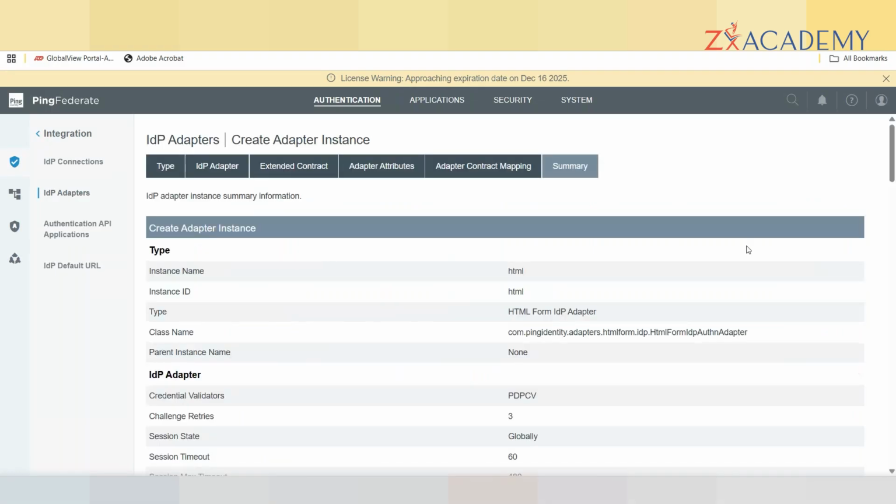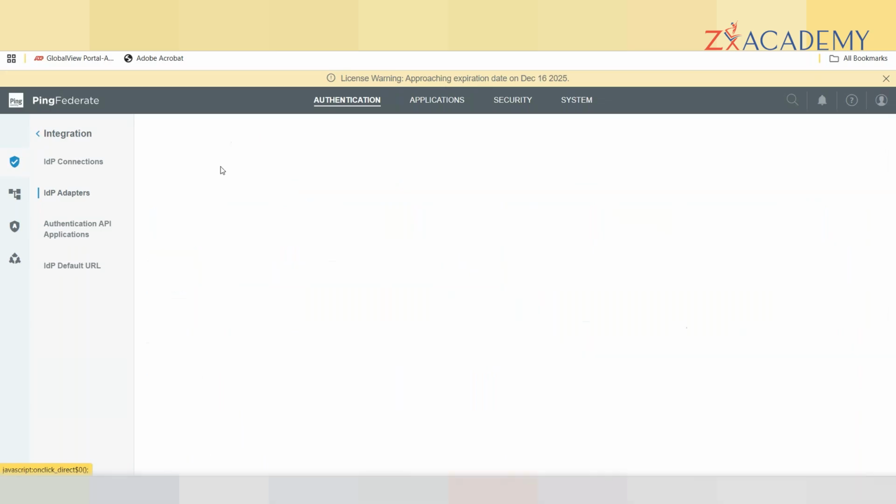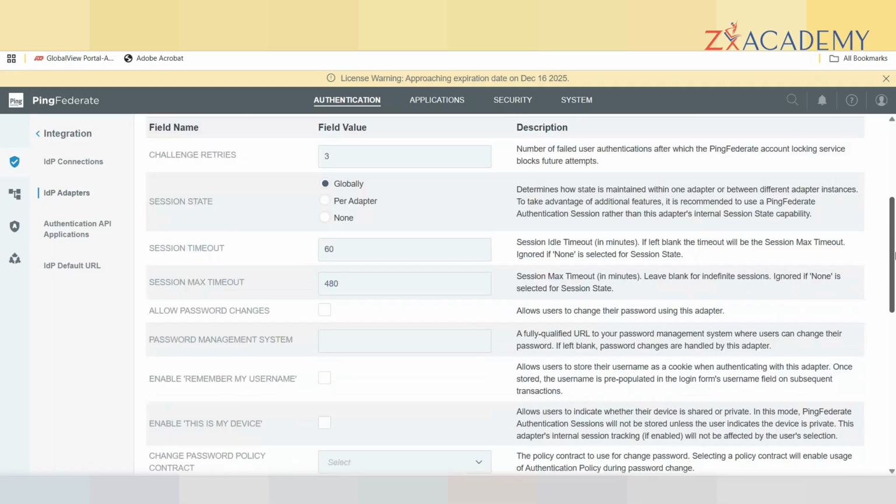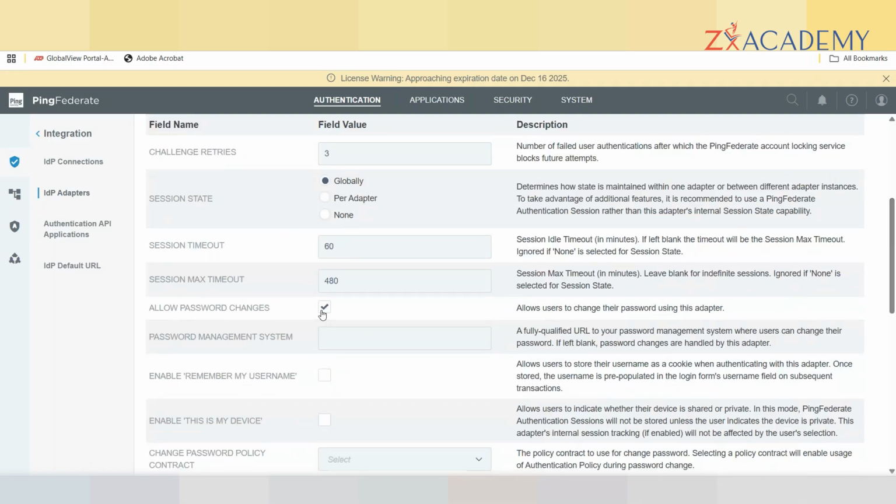Okay. So, in the IDP adapter, we said we'll come back and do that change password option. If you scroll down, there is an allow password changes option. Enable that, and then if you scroll down,